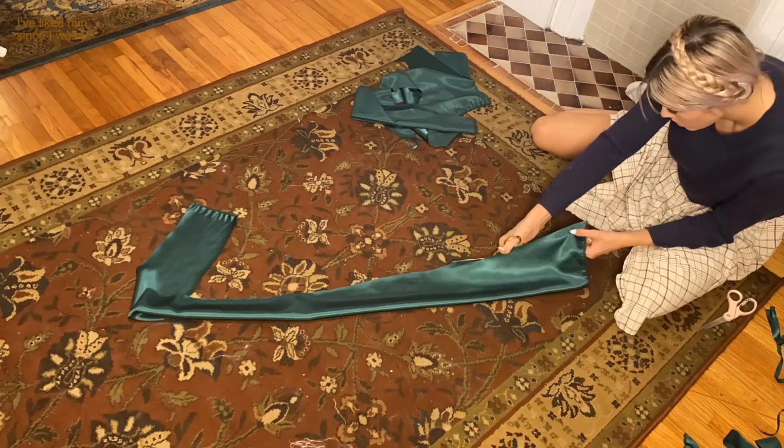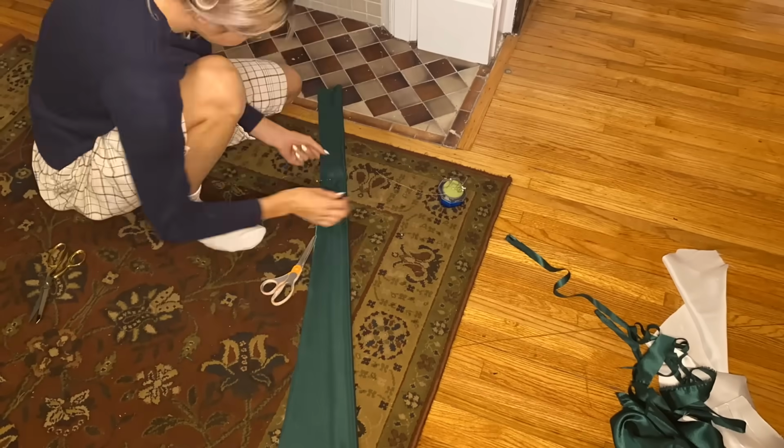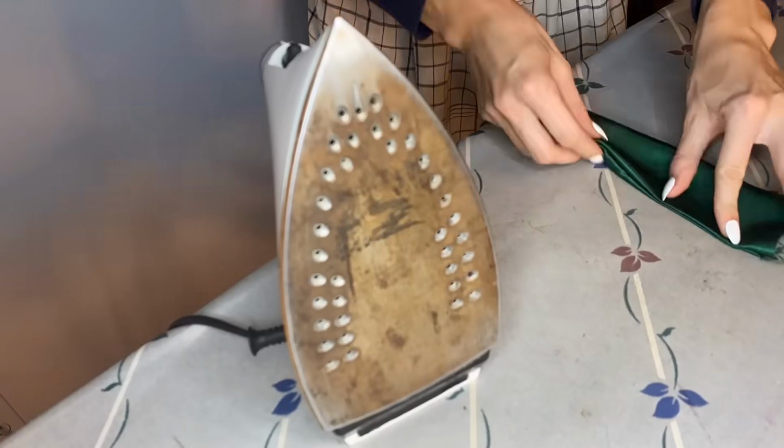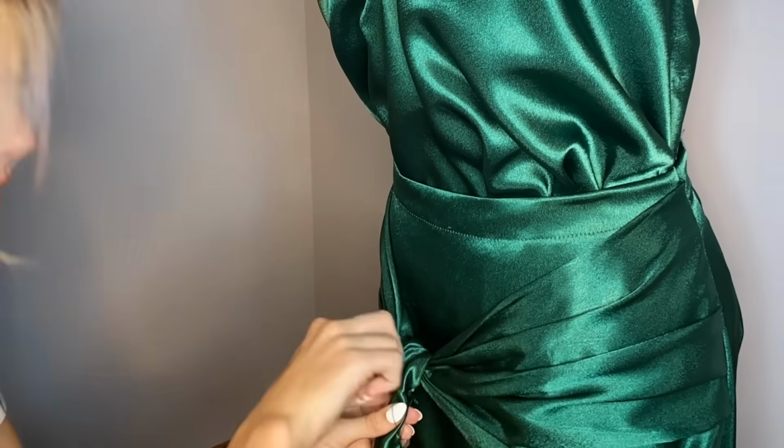Now to make that long hanging, I don't know, what would you call something in the middle of a bell that makes it ding that hangs? Is that called a uvula? Cause it should be. I cut out a strip of fabric as long as 2 tennis rackets and as wide as 2 Rubik's Cubes. Folded it in half long ways, sewed it along the edge, flipped it right side out, and ironed it down. I looped the top couple of inches over the middle of my hip scarf, then pinched it and...